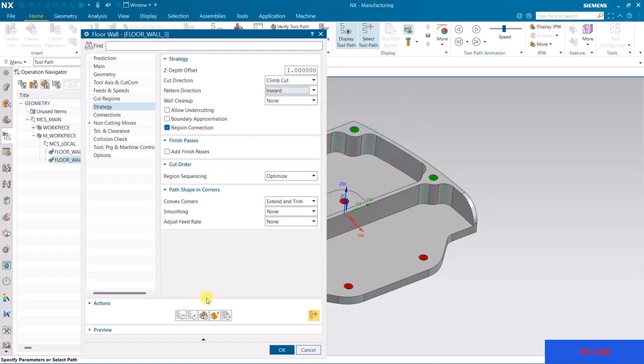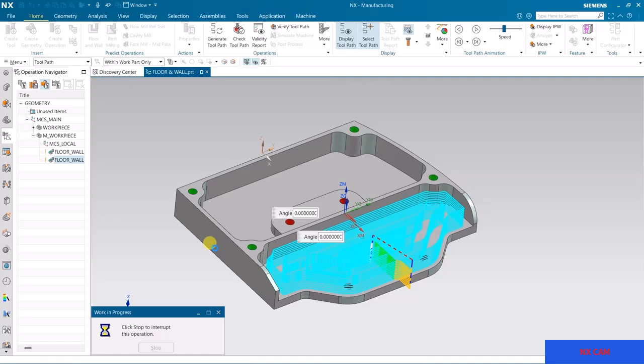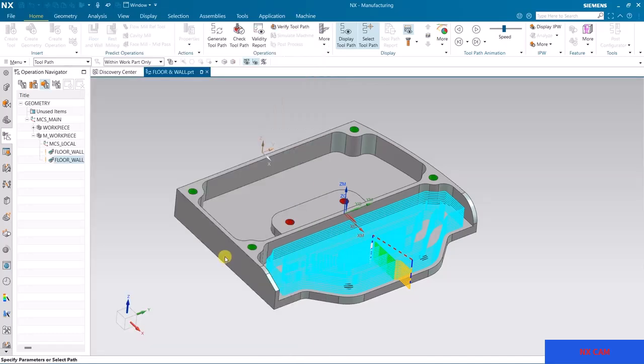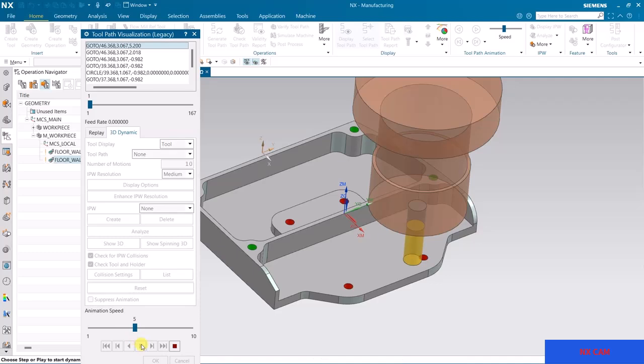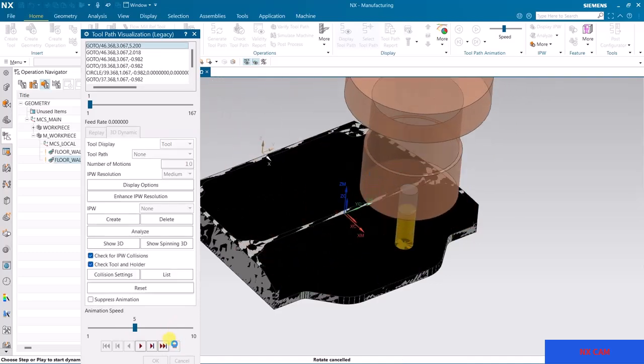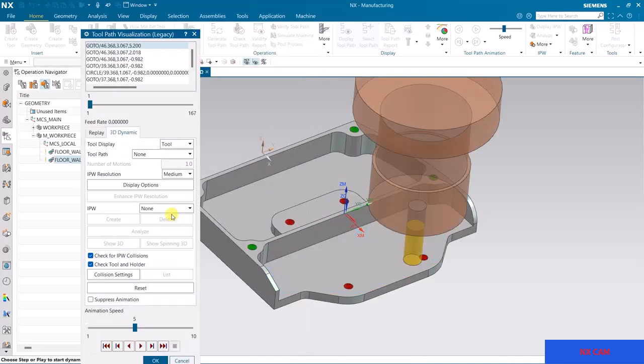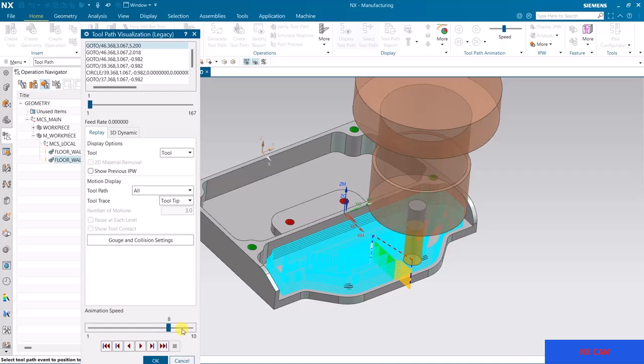Generate this, verify, see this. Okay, and okay, and you can see this in wireframe also. See, now it is starting from outside